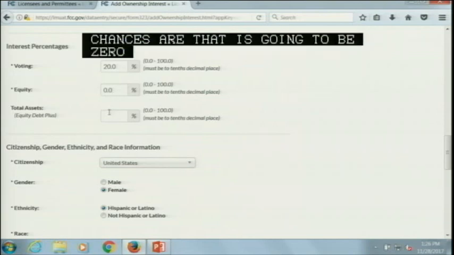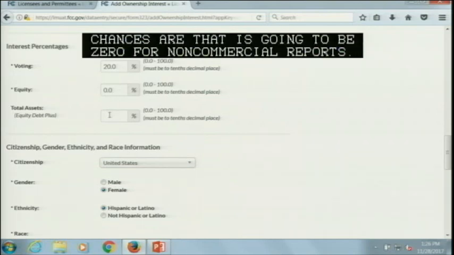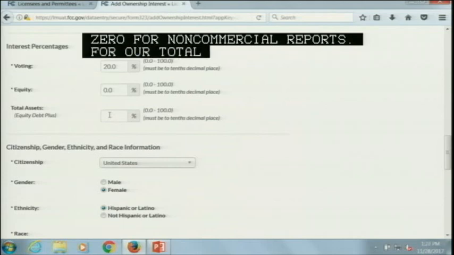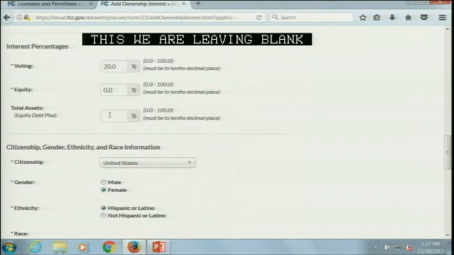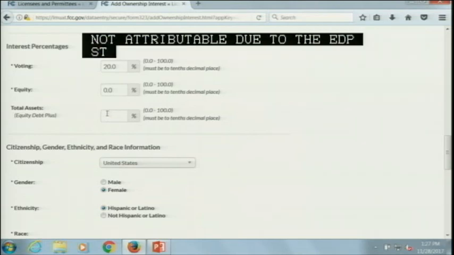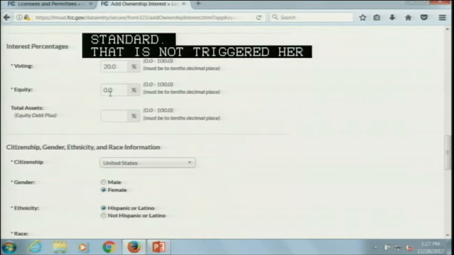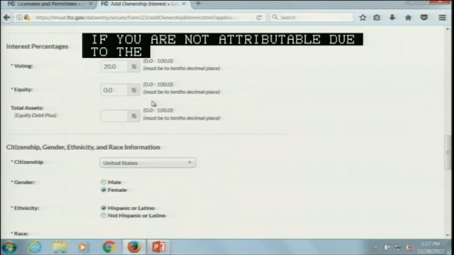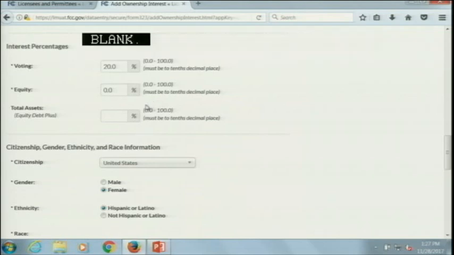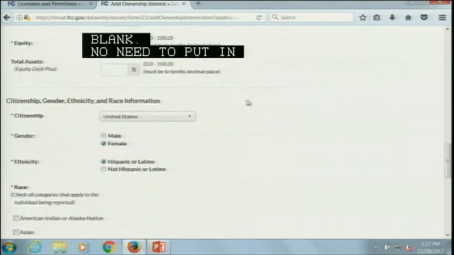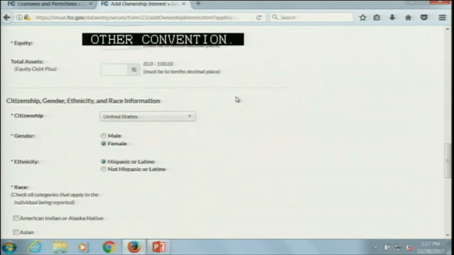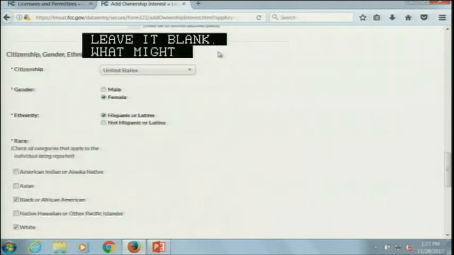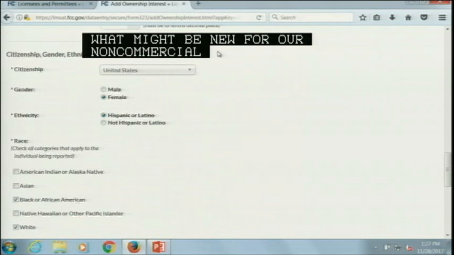reports. For our total assets, again, we're leaving this blank because this interest holder is not attributable due to the EDP standard. That's not triggered here. So if you're not attributable due to the EDP standard, please just leave it blank. No need to put in zeros or any other convention. Just leave it blank. What might be new for our non-commercial filers is that now we're requesting the gender, ethnicity,